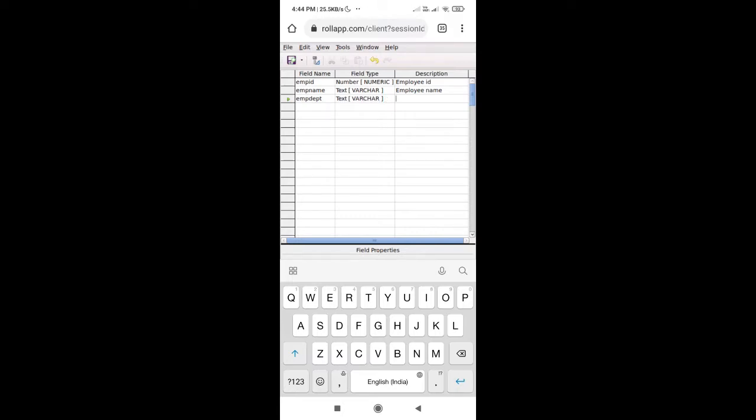The field type will be text only. Write the description. Fourth is employee qualification. The field type will be text only. Then write the description.